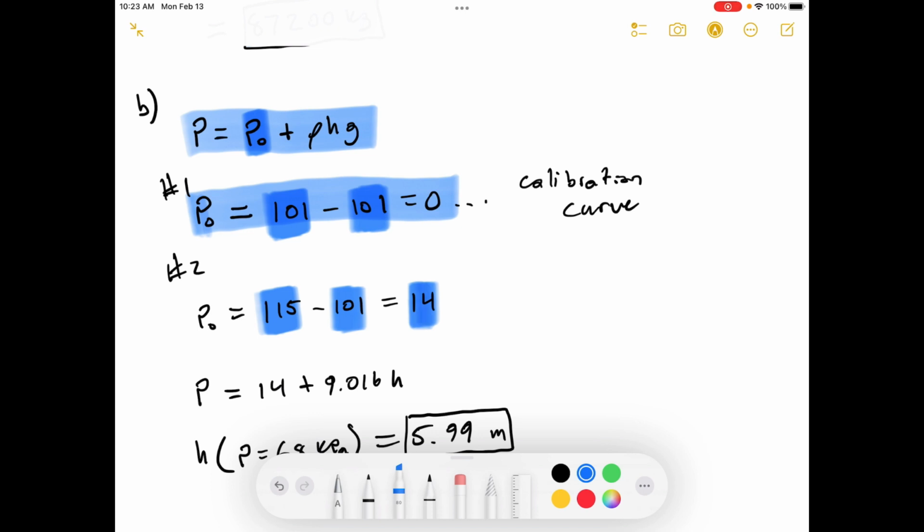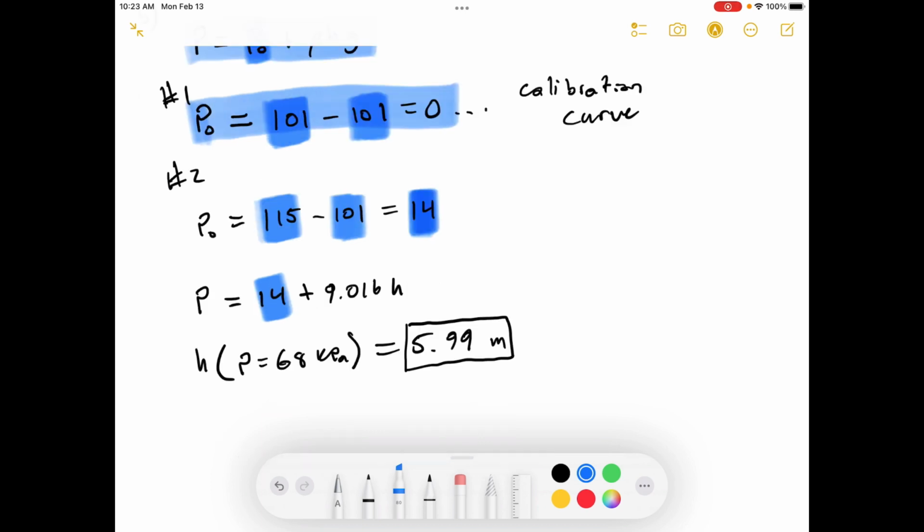Okay, so we need to make sure we add that extra pressure that's in our system to our P naught term. So instead of P naught being 0, now our P naught reference pressure is a little bit higher than what it should be actually. And so that adjusts our equation a little bit, and now we solve for the new height with a pressure of 68, and that should lead to a smaller level of oil. So if you have a higher pressure in the tank artificially there because you have a higher head pressure due to the gas, and it's higher than what you calibrated on, then your liquid level is actually going to be lower